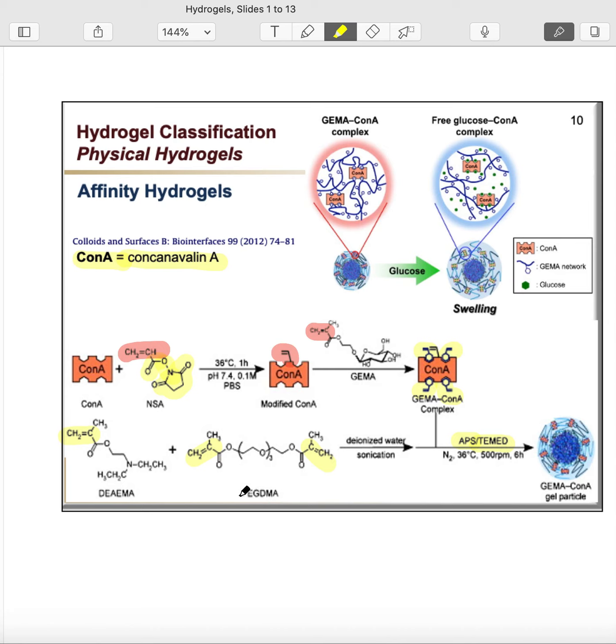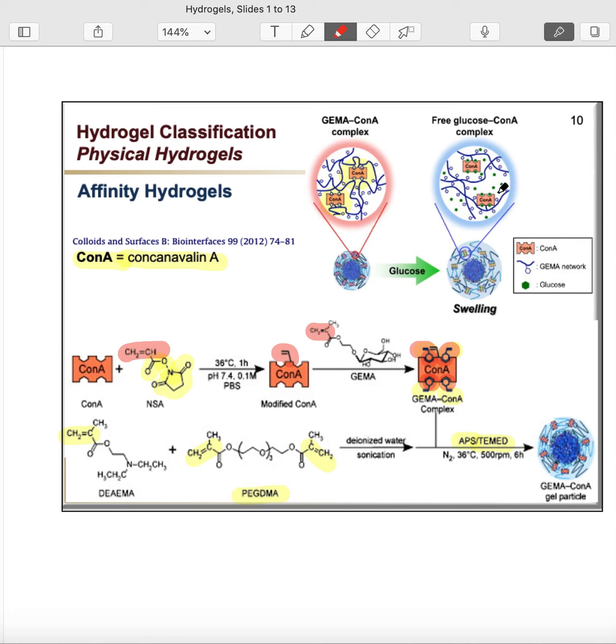This one does act as a chemical cross-linker, but in addition to the chemical cross-linker, we also have the CON-A acting as an affinity-based cross-linker in between polymer strands. By utilizing this, if we now expose that particle to free glucose from, let's say, the physiological fluids of the patient, then that glucose would compete for the binding spots of the CON-A for glucose. Basically, the glucose from the patient could come and compete with these sites and basically free the polymerized GEMA,